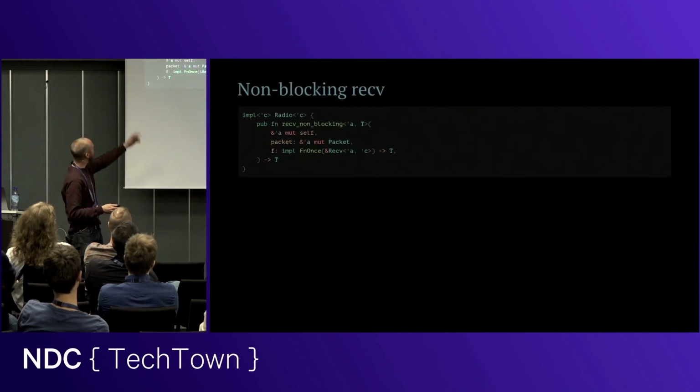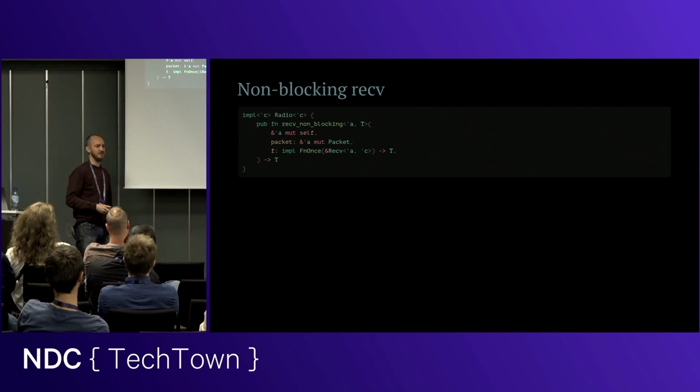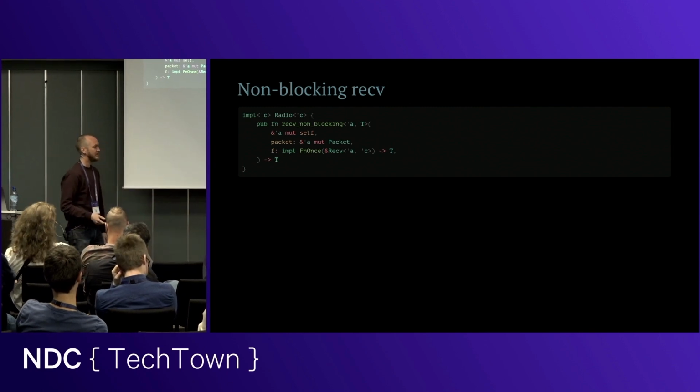This is my new function to do the non-blocking receive. It is a bit more complex, and I guess one of the reasons is that because Rust provides memory safety, there's a higher bar for things to be considered safe Rust. We're dealing with very unsafe stuff now because we're dealing with the hardware and DMA operations. So I had to make this a bit more complicated